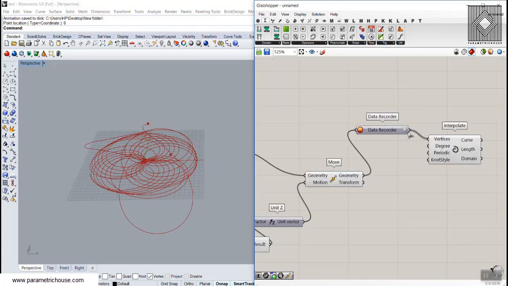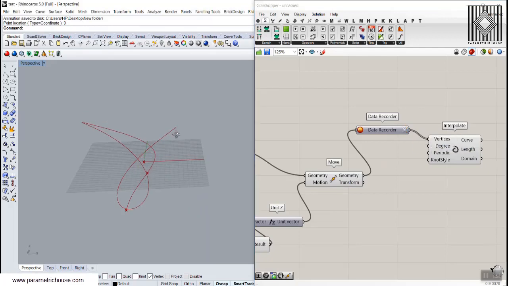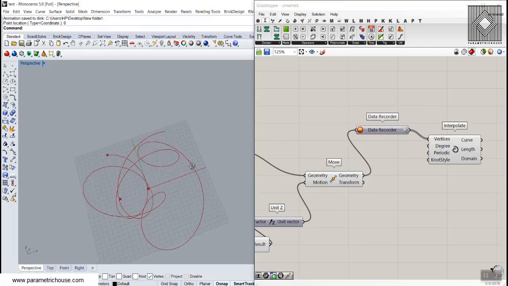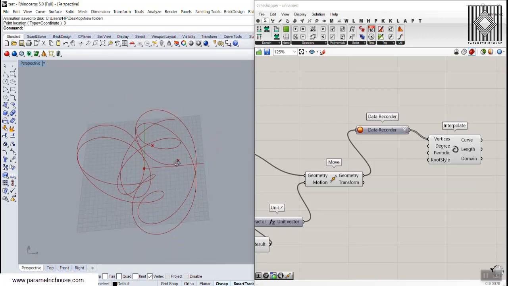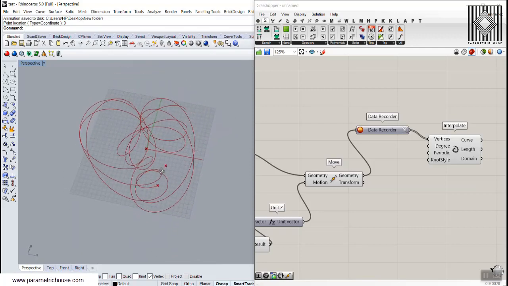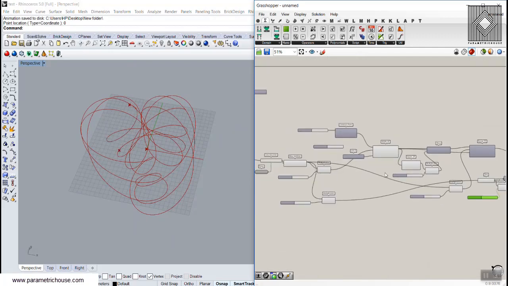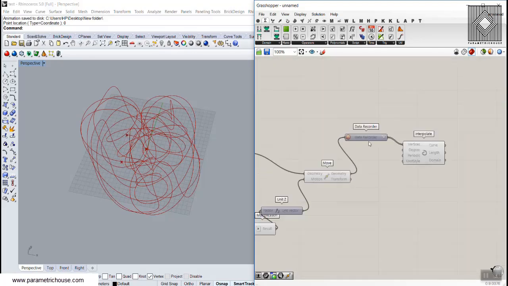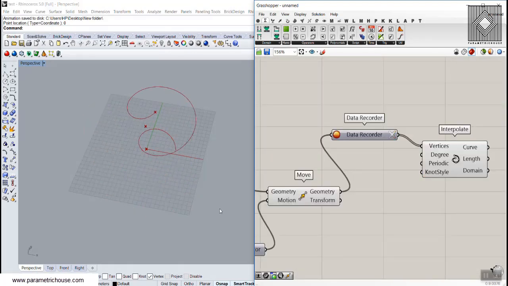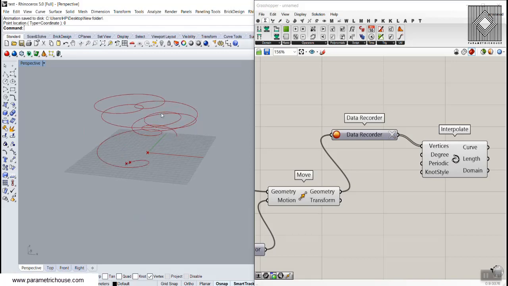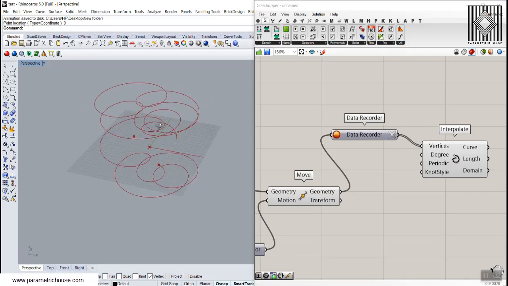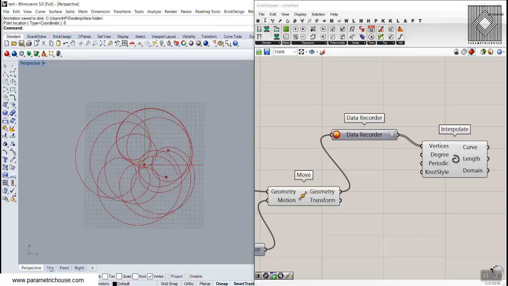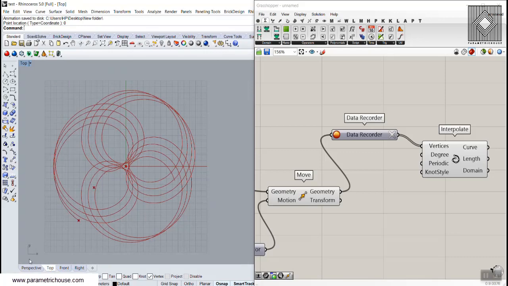Okay, and start from scratch. You can see that this will go up and down, and it will produce a very, very complicated curve here. And we can just decrease the speed, and then again start from scratch. You can see that the speed will decrease and again come down. So this will be a 3D curve. The top will be interesting, but the curve is basically going up and down.